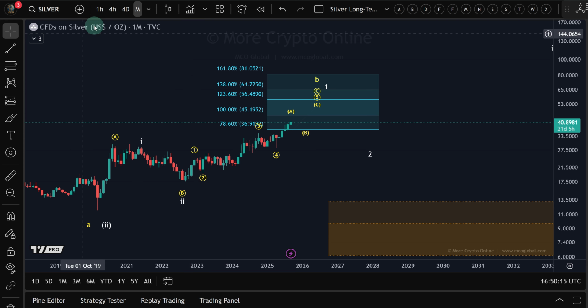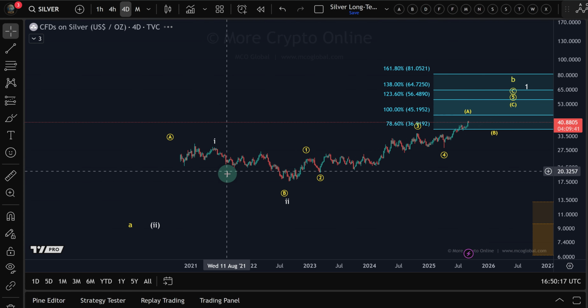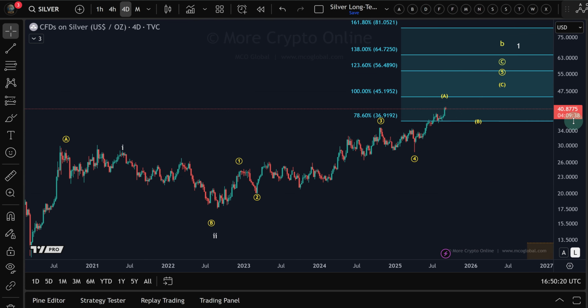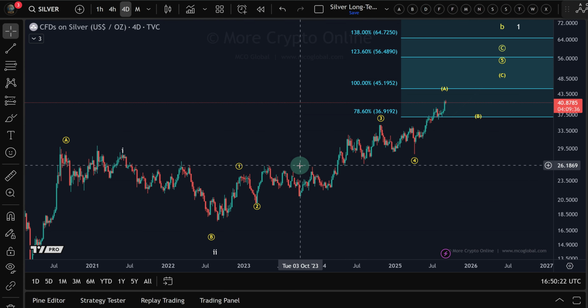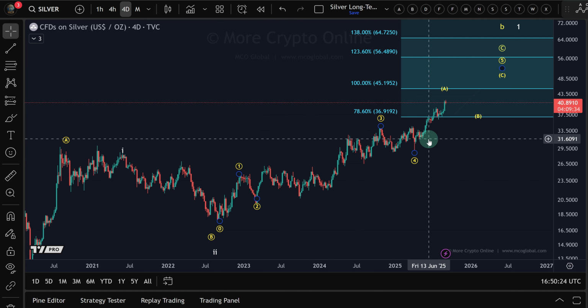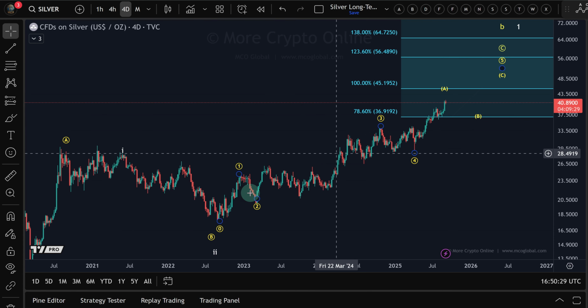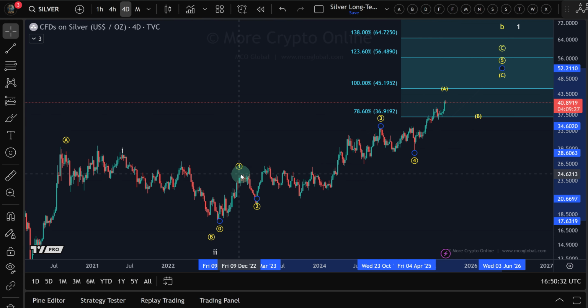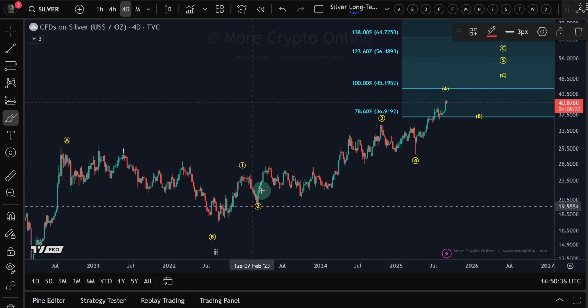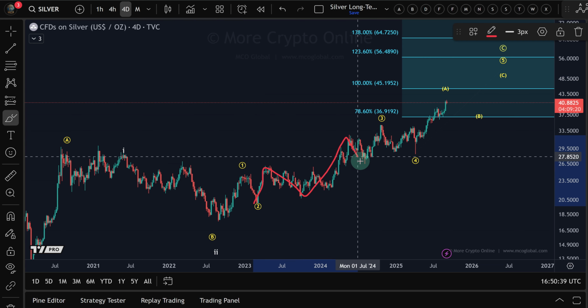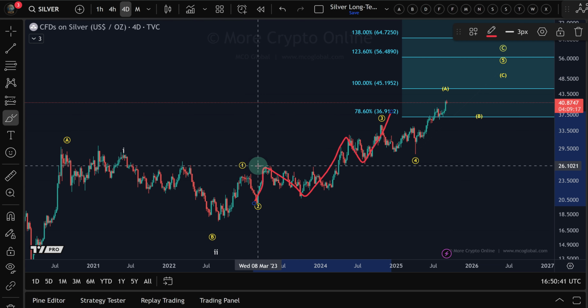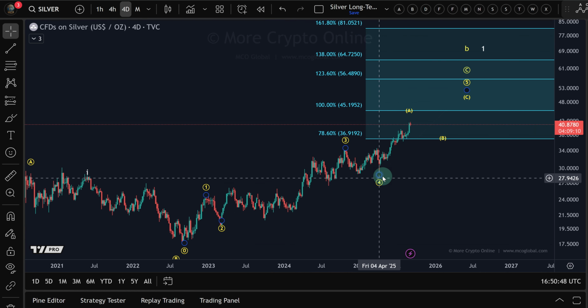It's not an impulse. I really struggle to call that impulsive, this move to the upside. You could always try to, but I find it extremely unlikely that it's an impulse, especially with this move up in the beginning, which was a three-wave move up, right, into the December 22 high. And then you get nearly overlapping price action here, not exactly overlapping. So if you force it, you can call it a diagonal, an impulse, but it's probably a diagonal